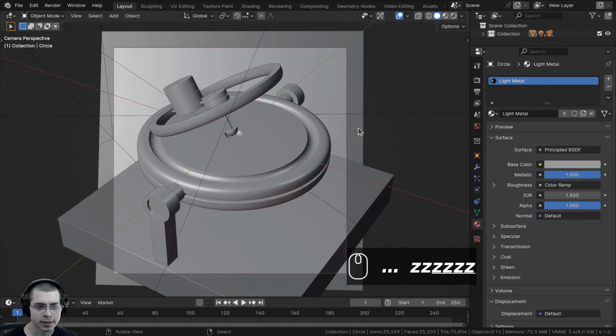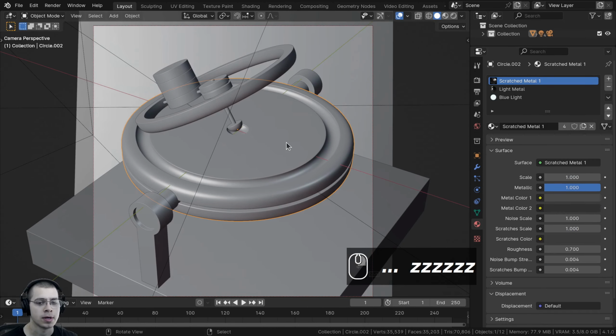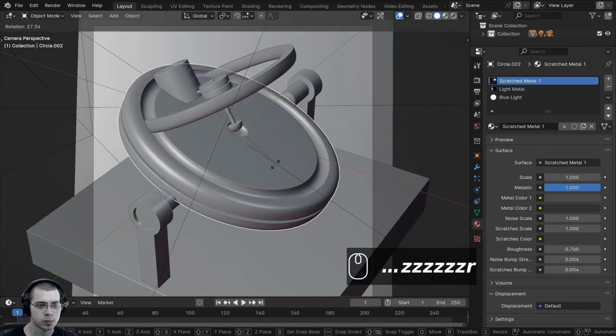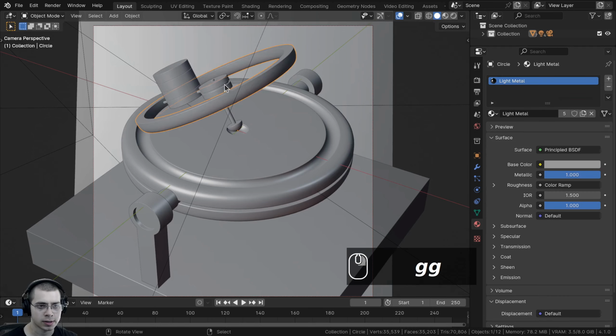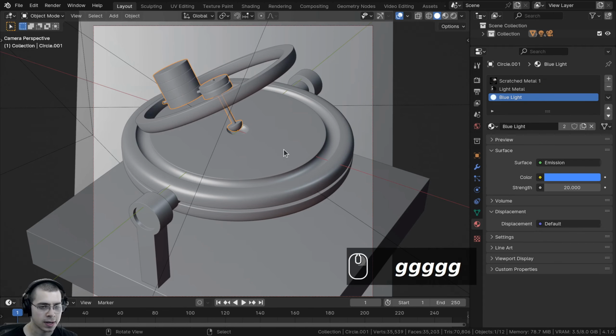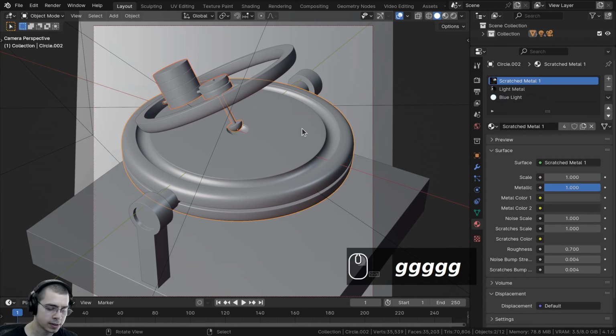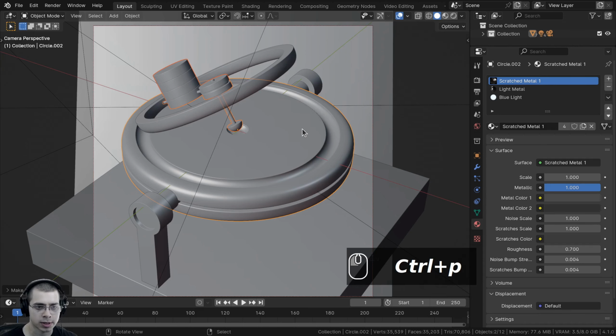All right, so I'll go back to solid view, and I now want to set up some parenting so we can do the animation. So I want this object to rotate, and then the other objects will move along with it. Now this object is already parented to this object, so I'm going to select this object here, the centerpiece. Then I'll hold down the Shift key and select this piece last, and I'll press Ctrl P, and we'll set parent to object cube transform.